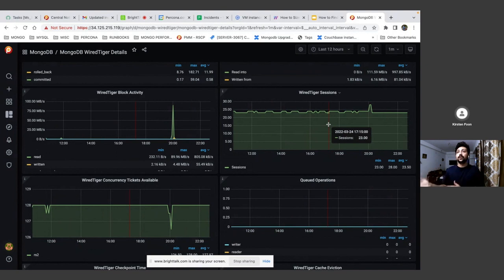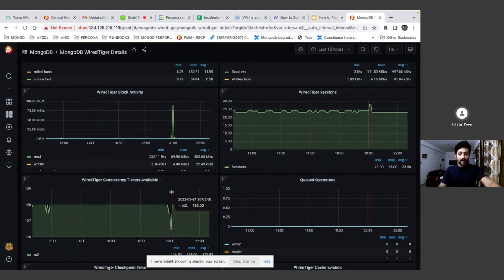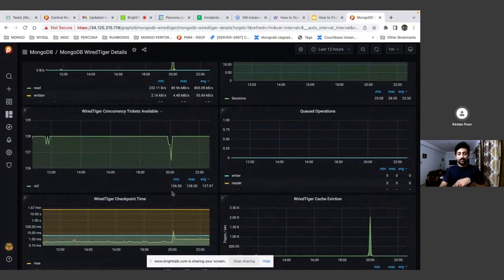Is there any set of queries which you have deployed which are not optimized enough? So these are all the symptoms wherein you can find out that particular issue. And another symptom wherein the database becomes unresponsive is basically your